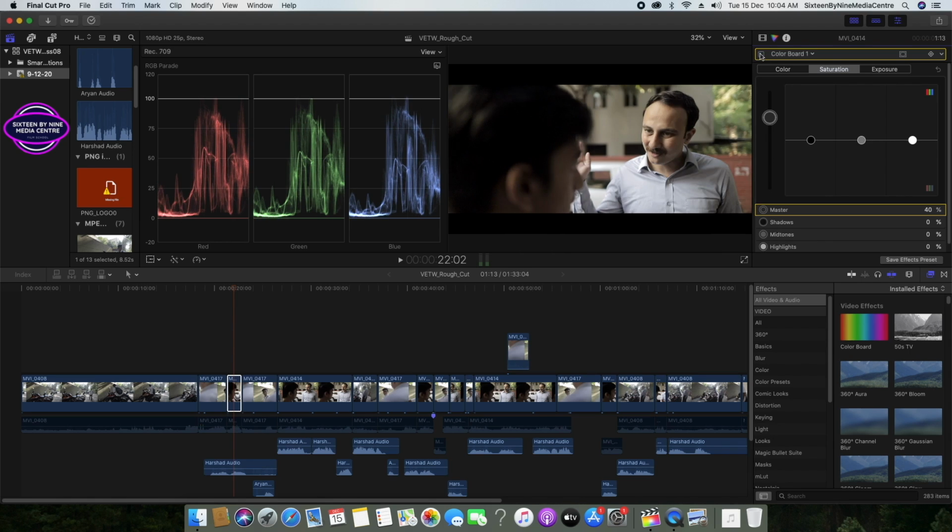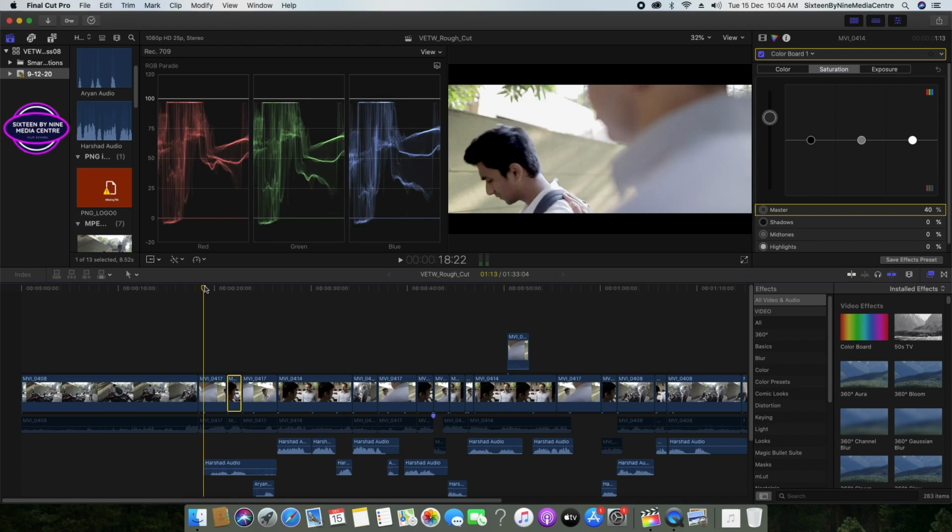Not just the brightness, but there are more colors in it. And you can see for the RGB parade also, from left to right, it seems well balanced. All the colors are well balanced. All the waveforms, graphs are looking the same.